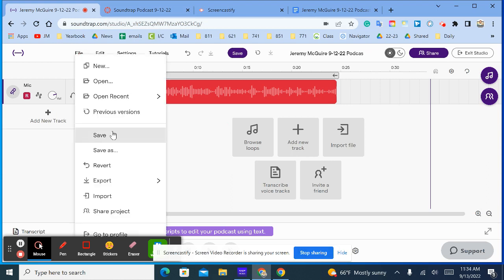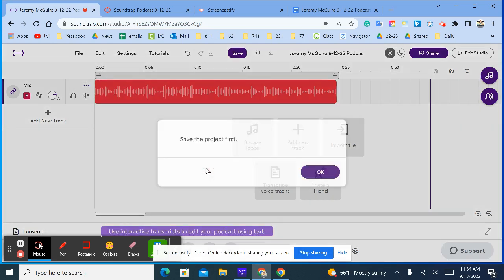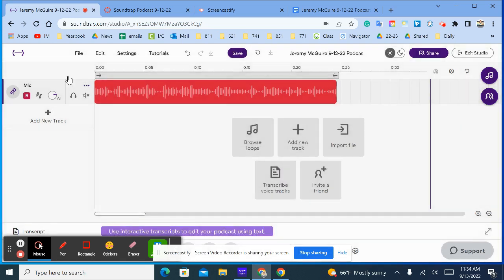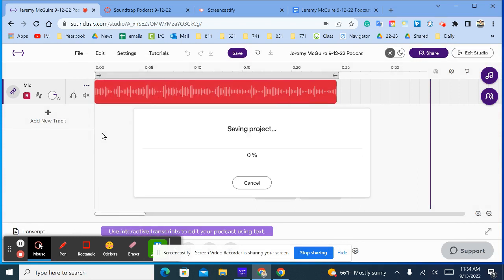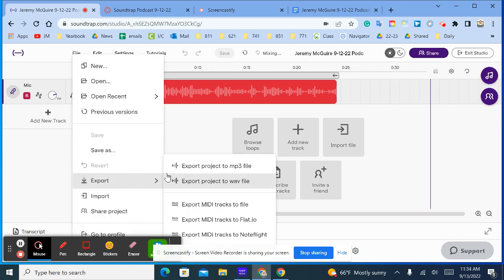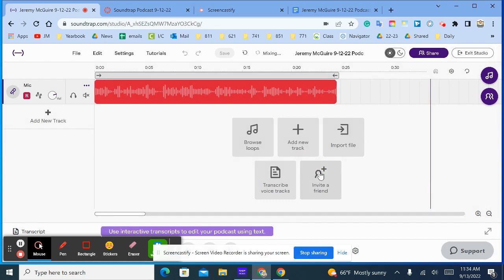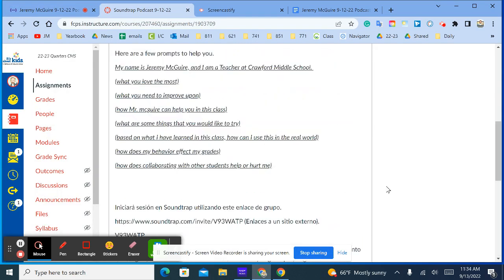Okay, so now I'm going to go File. It's time for me to submit it. I'm going to hit File, Export as an MP3. Okay. Let me save it. You're going to save it, and then export as an MP3. Now it's mixing, so when you export that as an MP3, then I'm going to go back to the Canvas page,